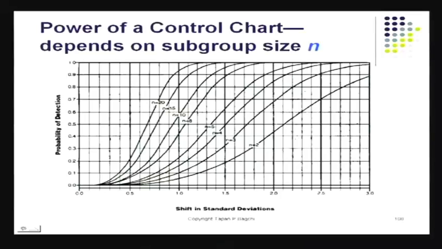For example, can you live with an off-spec, a process that is not running very well? For that, you need to have the consideration of power, and for that, this power curve that I show there. These basically tell us the probability of detection of a problem is going to be higher for a small change in the process when my sample size is large. This by far, what I am discussing, is probably the most complex part of control chart theory. So if you do not understand this completely, do not worry about it, but keep your N near 4, 5, 6